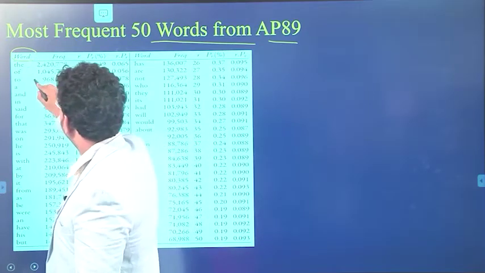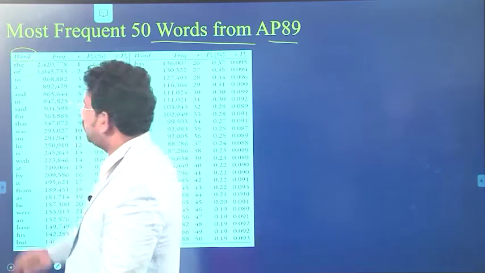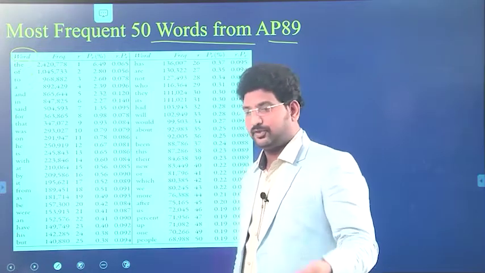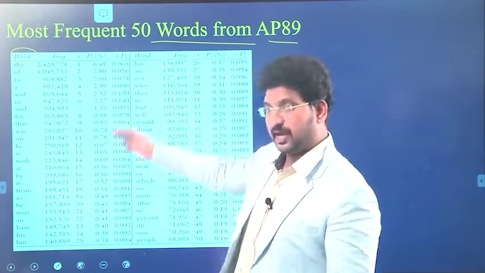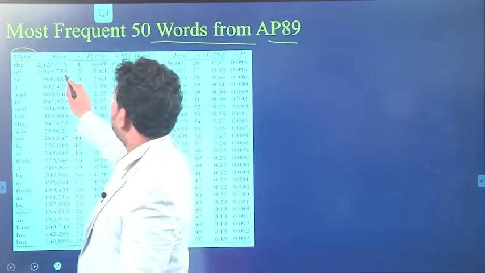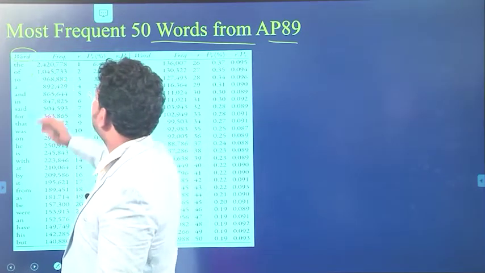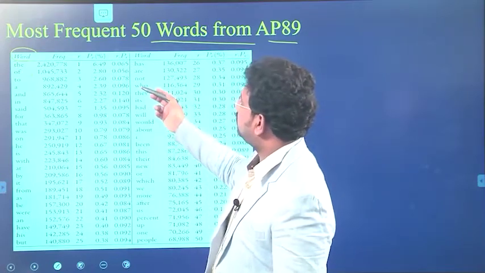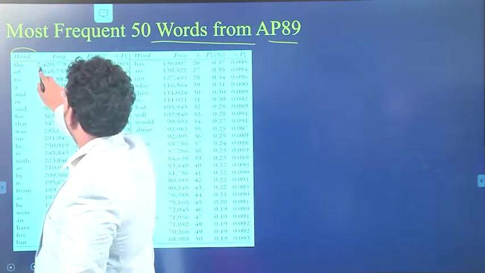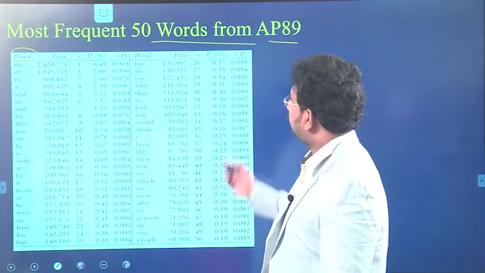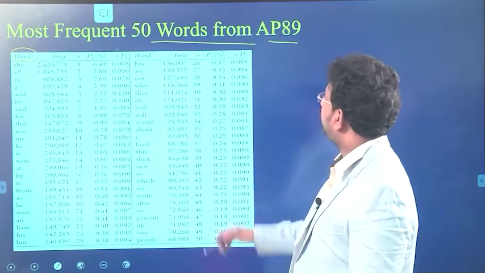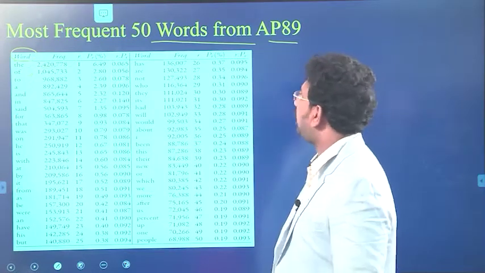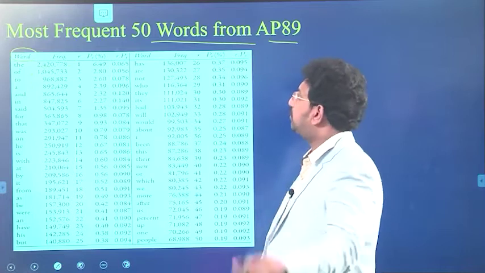The, of, to, a, and, in. Some of the words which we will use very frequently will be in the topmost positions. What is the frequency? Nearly about 2 crores, and here it is about 24 lakhs. So if you observe, this is indicating the topmost 50 words, the most frequent 50 words from